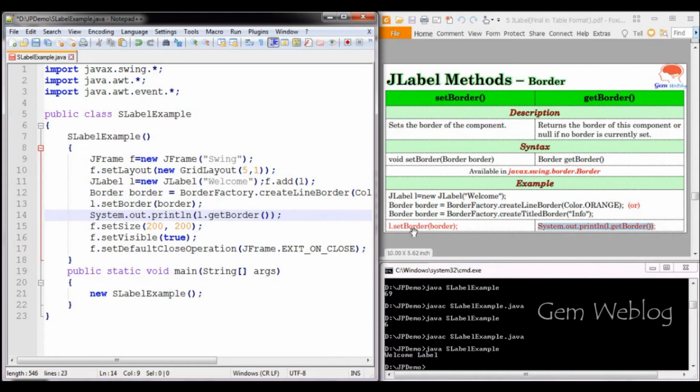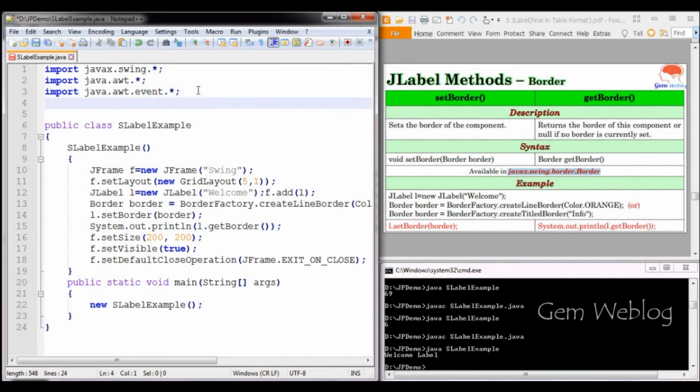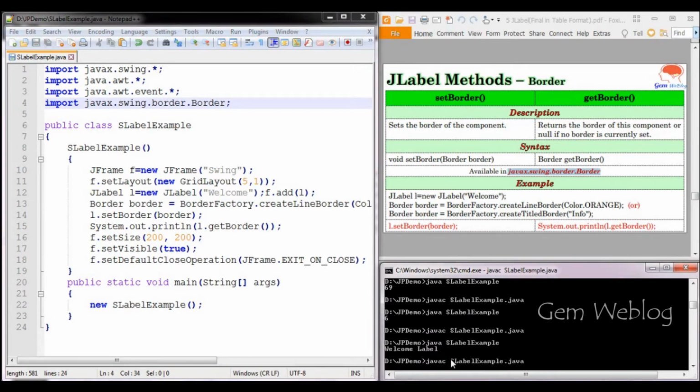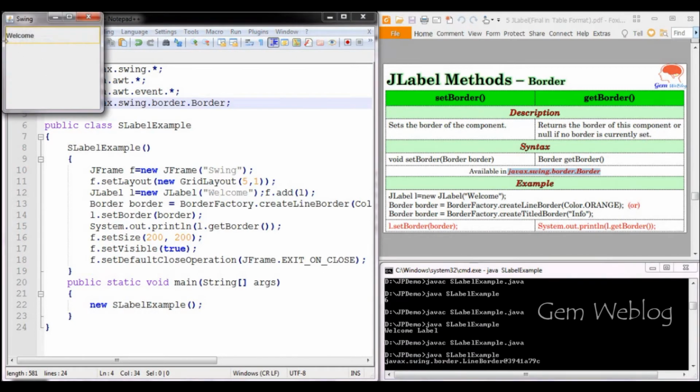When you are using the Border class, you have to include the javax.swing.border package. So import. Now we are setting it. Now you can see the orange color border has been set for the label.